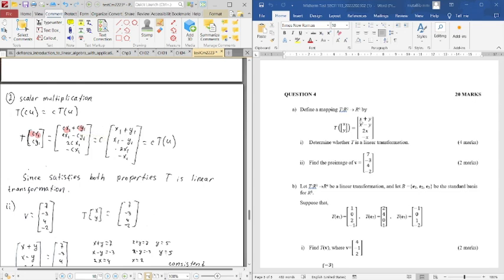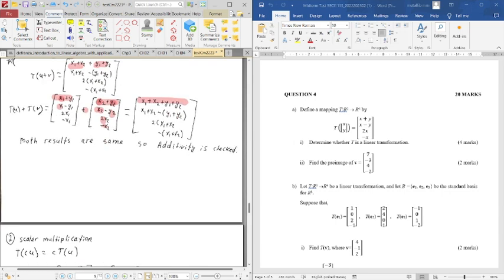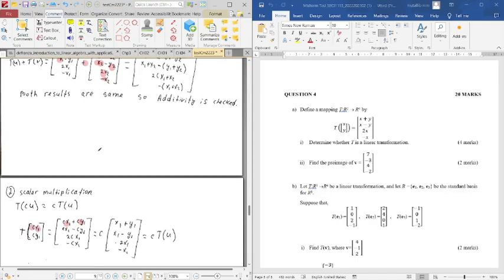We just multiply it with c, so cx1 plus cy1, second cx1 minus cy1, third 2cx1, and fourth negative cx1. And from here we can take the c out. When we take c out, it will be x1 plus y1, x1 minus y1, 2x1 and negative x1. Since we already found the transformation of u is x1 plus y1, x1 minus y1, 2x1 and negative x1,